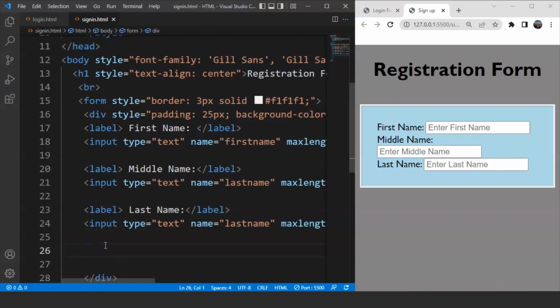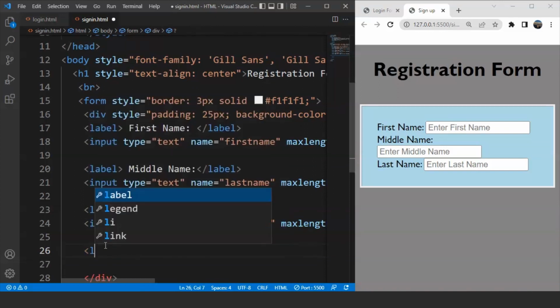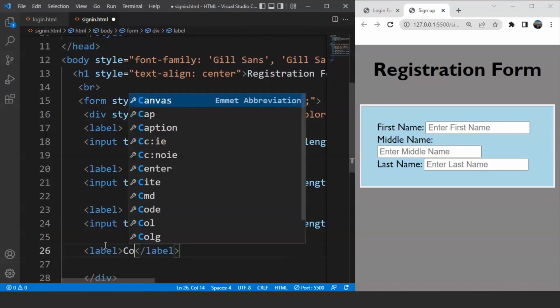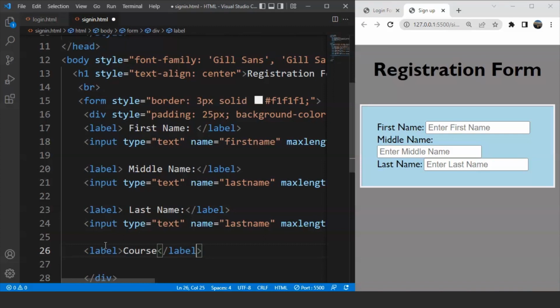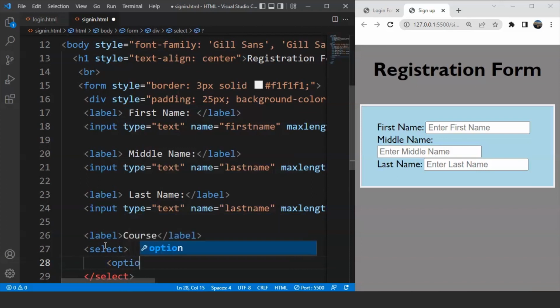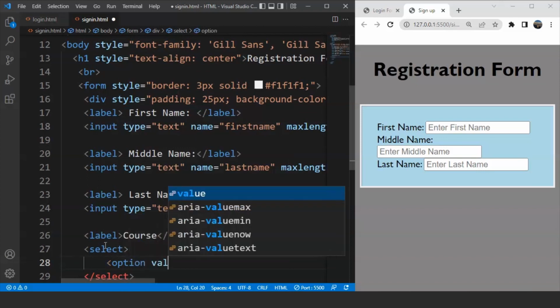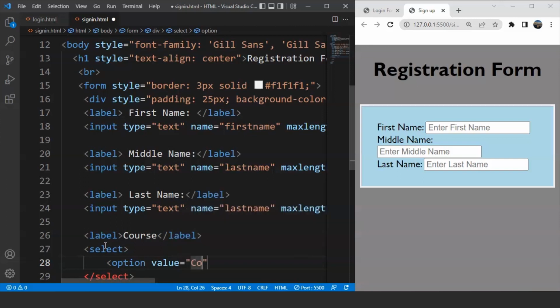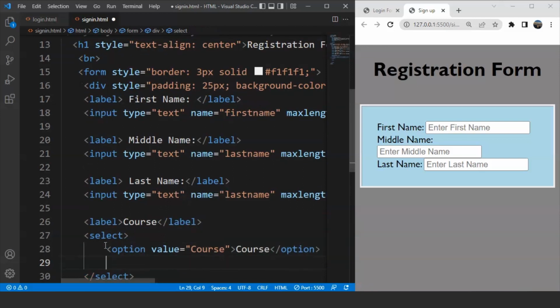Now what we are going to do is we are going to use options, or we have to mention them over here. So for that we'll write here label. So we are going to mention course over here, and for course we are going to provide drop down menus. So for that what we need to do is we need to use the select tag in HTML. So inside the select tag we have to provide options. Let's say the value of option is, first value is going to be course, and then we have to write here course. It is going to be a drop down list, so we have to mention a lot of options over here. So we'll write here option again,